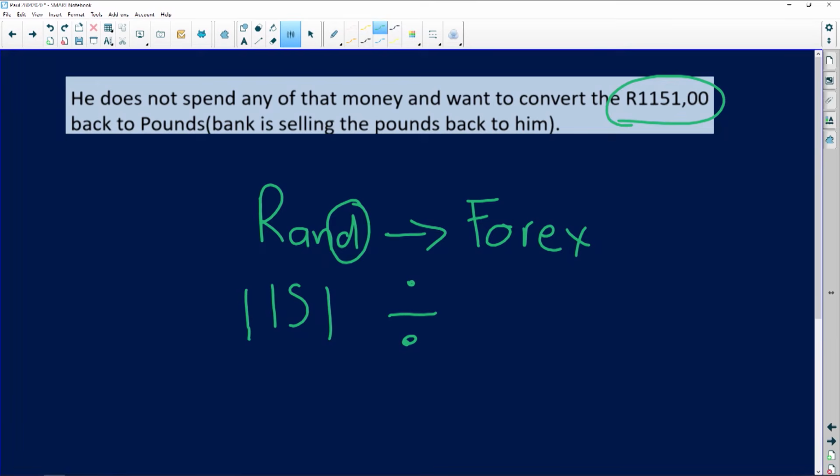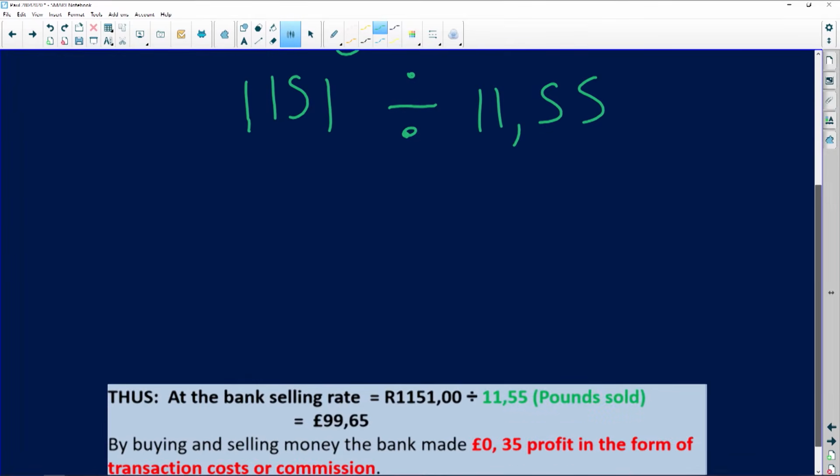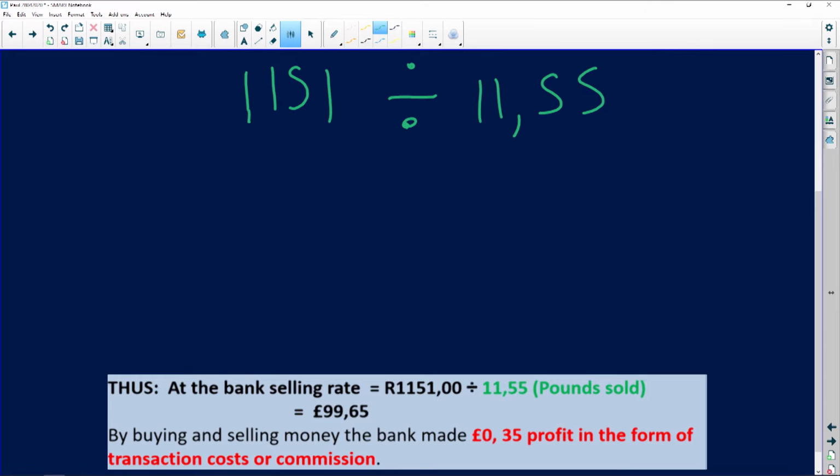The forex is the pound. It's the stronger currency between rand and pound. So the bank will sell forex or pounds back to this tourist. The rate that was given here is 11.55. And if we do that calculation, you'll see 1,151 rand divided by 11.55 pounds that was sold to the tourist gives us